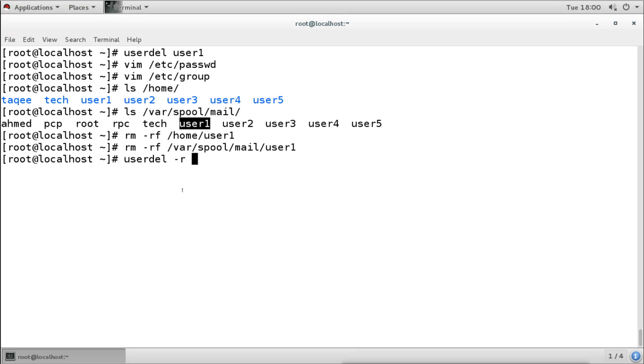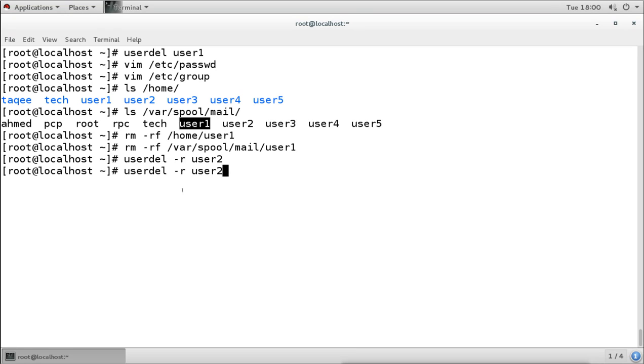This r option is for recursive, and that means we want to remove the user recursively. Recursively means it will remove the user and its group and its home directory and its mailbox and also any temporary file it has. So you will mention the username, and then the user is deleted.